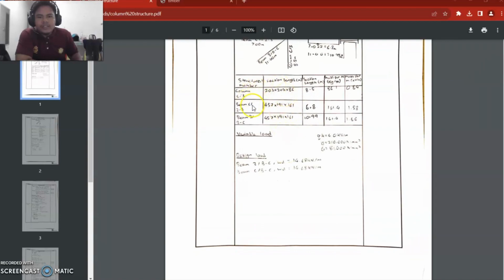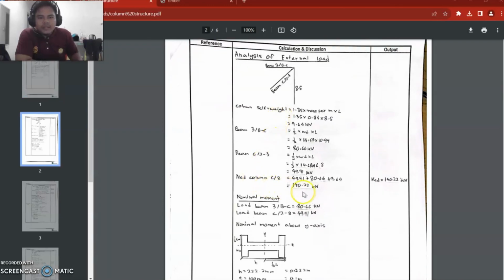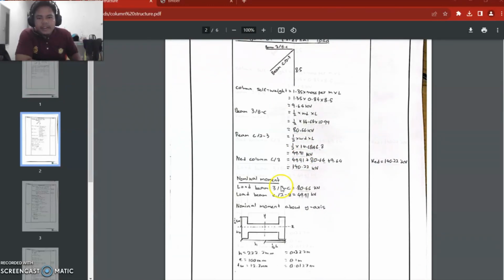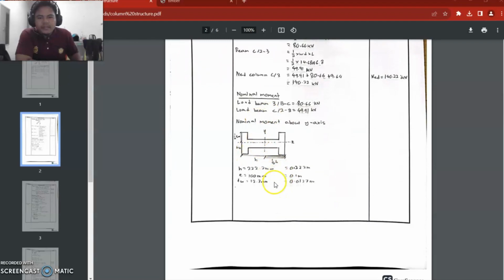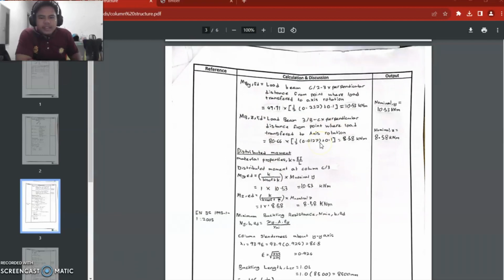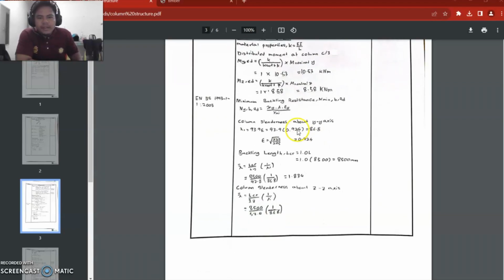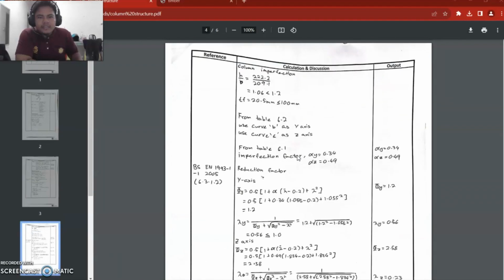So this is the member that include in this design. So first design total of NED, then nominal. After that, get the nominal Y and Z. Then destructive moment, minimum buckling resistance, and next